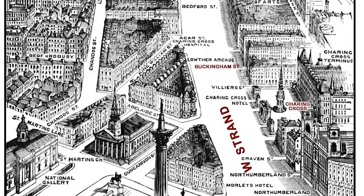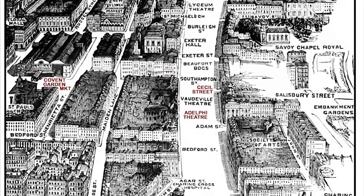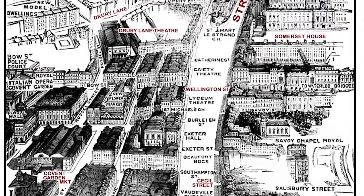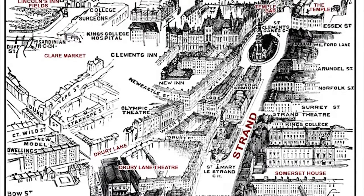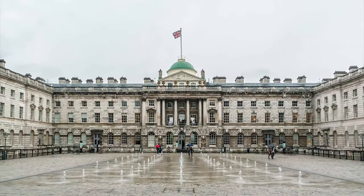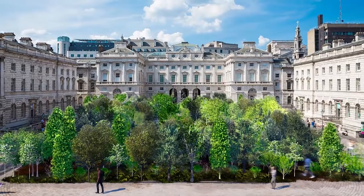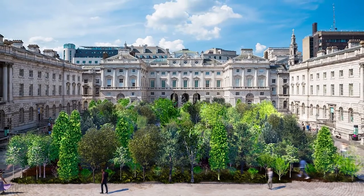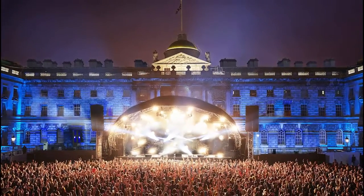If you've ever been to London, you've probably walked through the Strand, and you've definitely passed Somerset House. Nowadays, Somerset House is a home for culture innovators. Here you can find diverse creative opportunities, exhibit your work, and use the iconic courtyard for events. The house hosts British summertime from June to August and has installed ice skating rinks in the